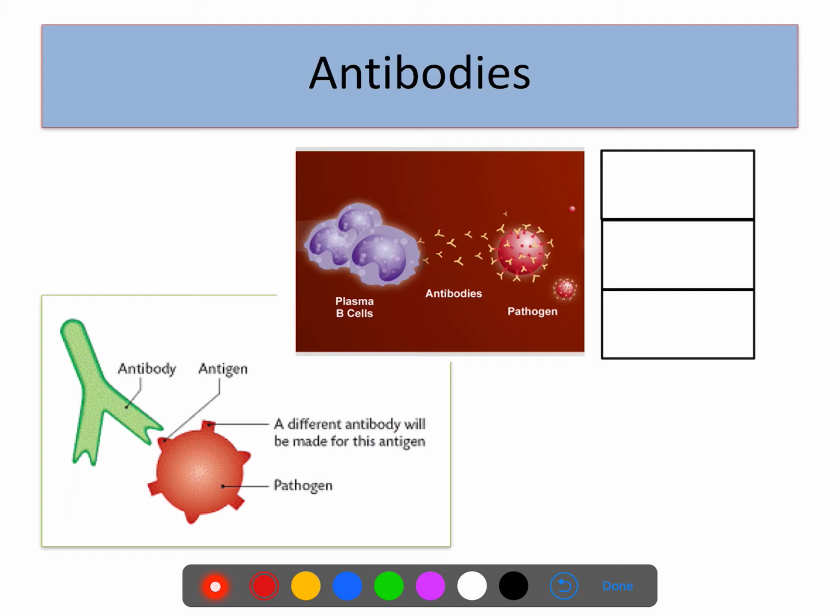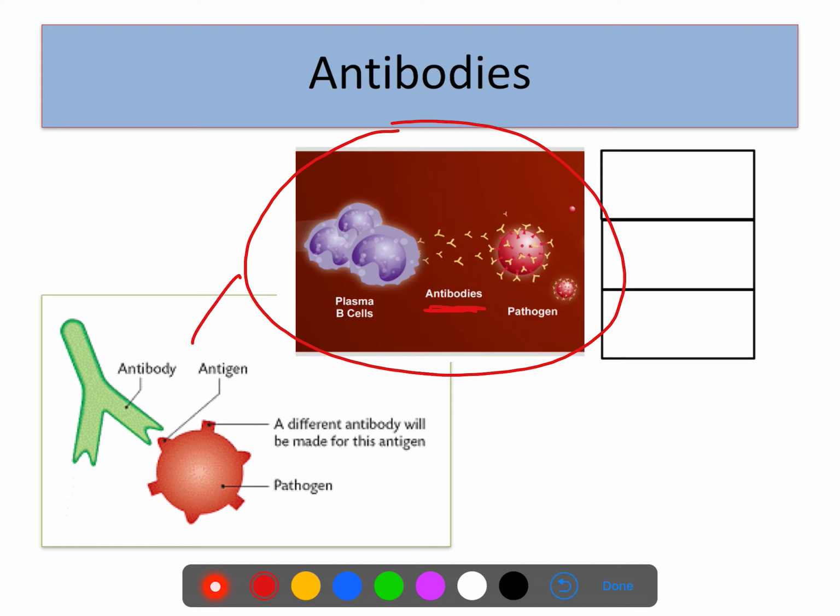So as I mentioned, lymphocytes. Lymphocytes are white blood cells that can produce antibodies. So if you look at this picture first, this is the one you'll have in your booklets too, you can see these white blood cells here are producing these antibodies, which are specific to what we call the antigens on the pathogen. And I'll explain that a bit more. So the pathogen here,